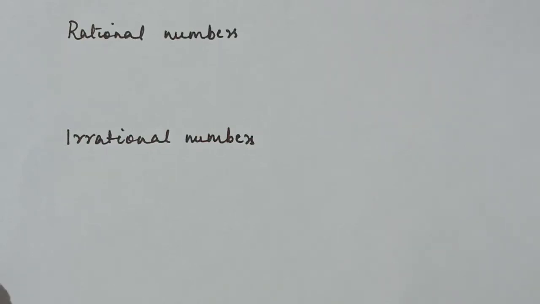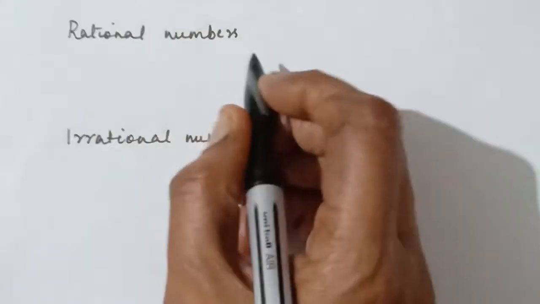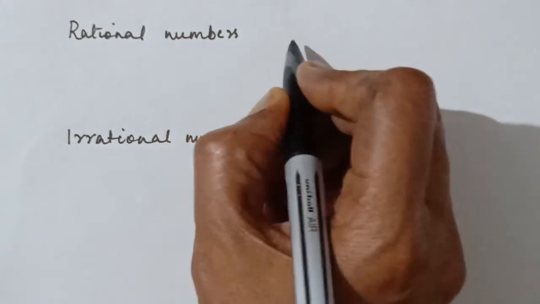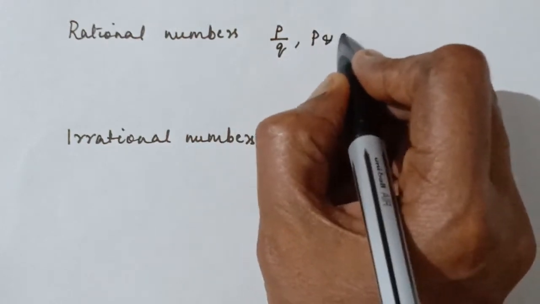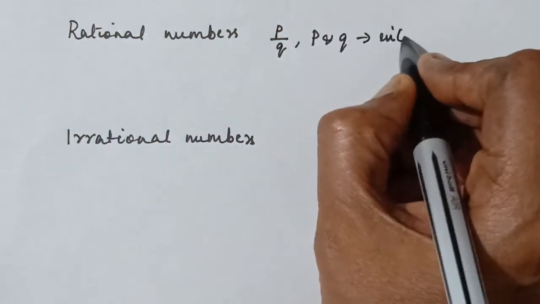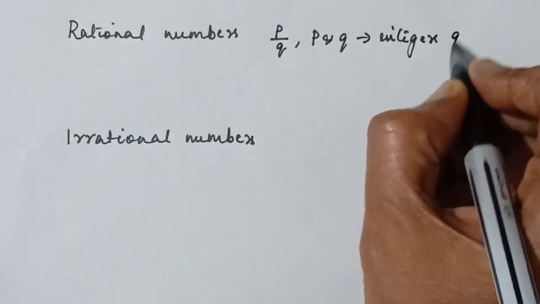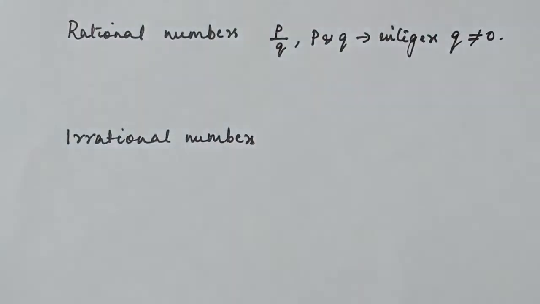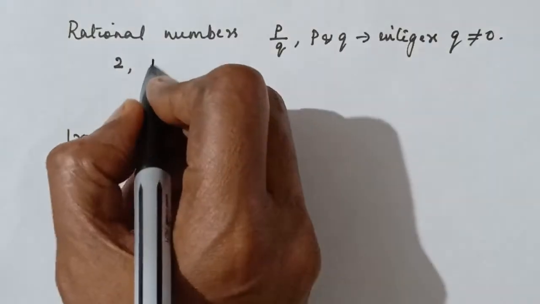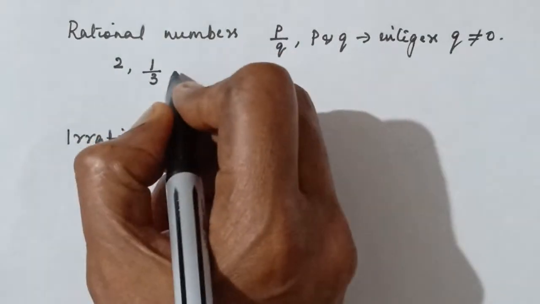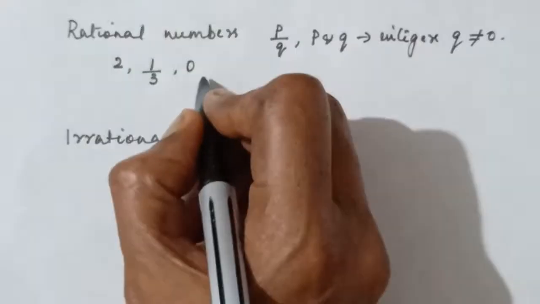Welcome all. Again we will recall rational and irrational numbers. Rational numbers are the numbers which can be written in the form p by q, where p and q are integers and q is not equal to 0. That is a rational number. So 2 is a rational number, 1 by 3 is a rational number, even 0 is a rational number, minus